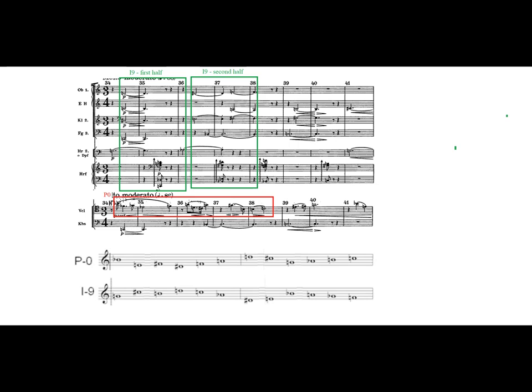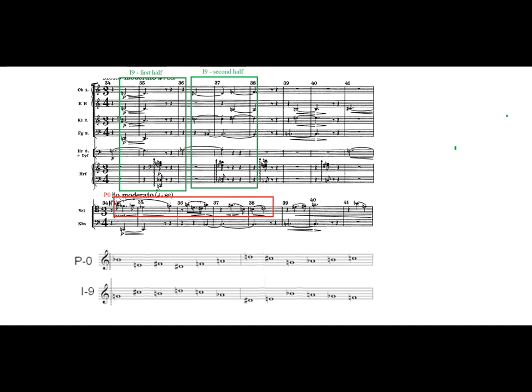So perhaps a more traditional sense of melody and texture compared to the very angular and spiky and fragmented Webern that we heard before. But don't be fooled, this is music that is just as tightly constructed from a serial point of view, and in fact Schoenberg uses an interesting feature here, because if you look at the row forms